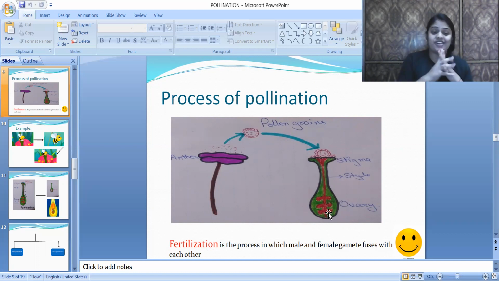Now again a question arises in our mind, what is fertilization? I have already told you that the pollen grains are the male gametes and eggs are the female gametes. Fertilization is the process of fusion of the male and the female gametes with each other so that they can form fruits in the case of plants. Okay,